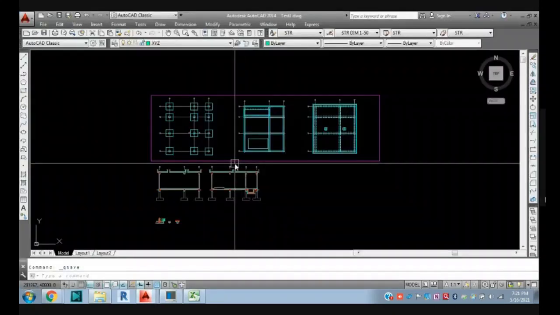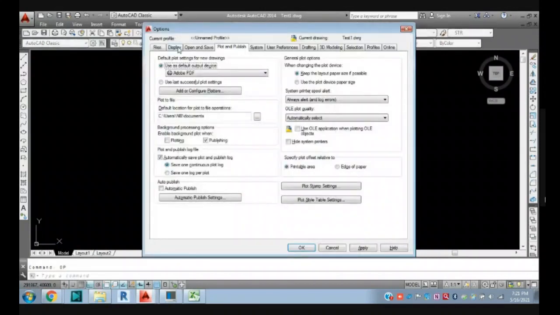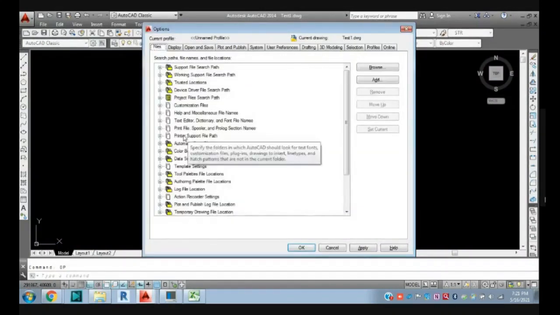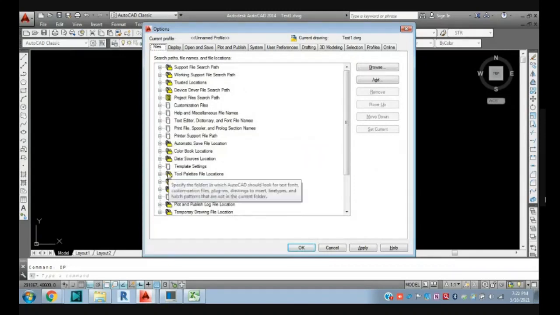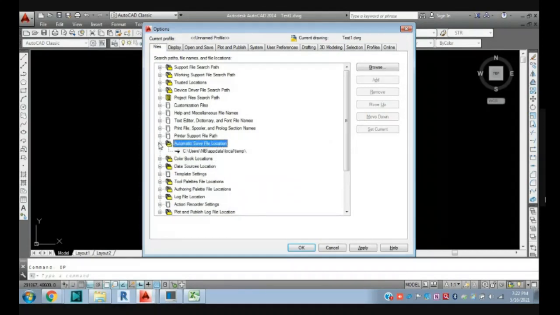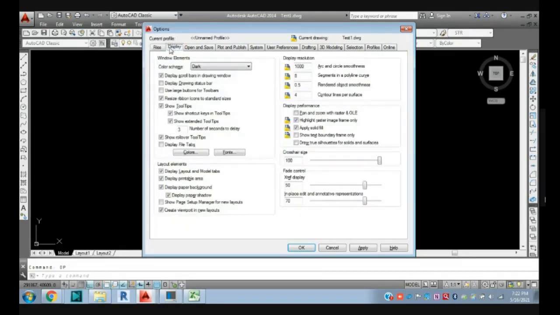If you go again here to options, go to the files and automatic save location, you can get the backup file from this location also. The important thing from this file tab: if you have faced some error in your drawing and you did not save your file and just closed AutoCAD, you can get the updated file from here also. Then if you go here to display,